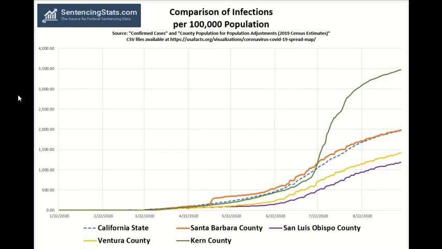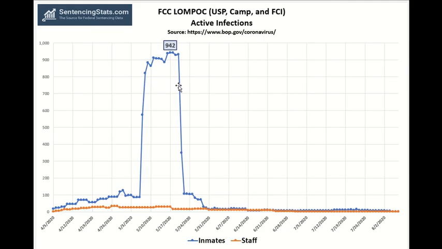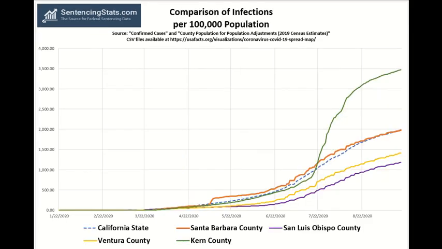One of the things that has come up in compassionate release motions is that institutions might not be reporting any active infections, largely because they're just not doing enough testing. But besides that point, what courts have been looking to is whether there are active infections in the surrounding community. Again, looking back at Lompoc, it is located in Santa Barbara County, California. This chart shows that the active infections here in Santa Barbara County continue to grow,